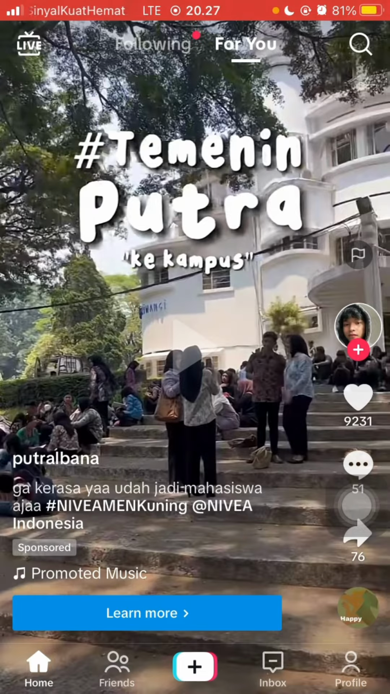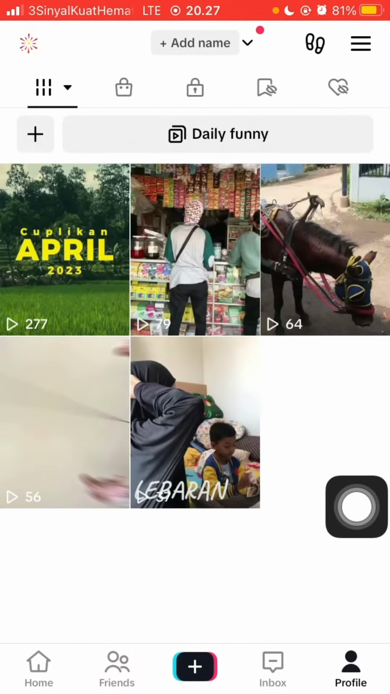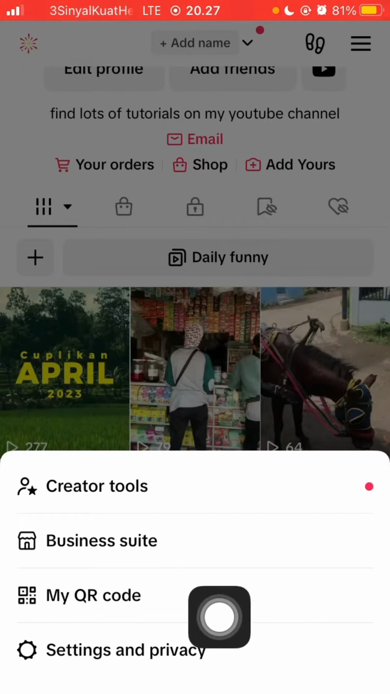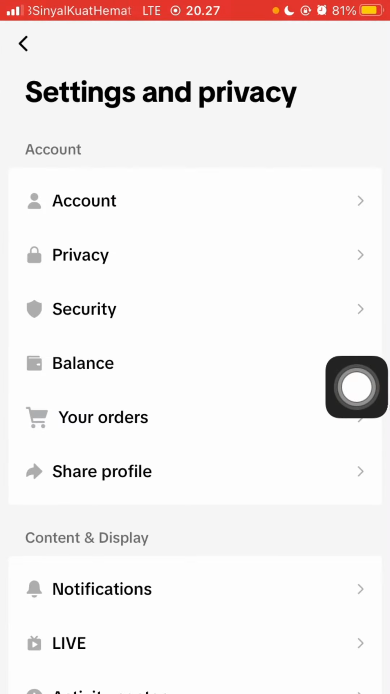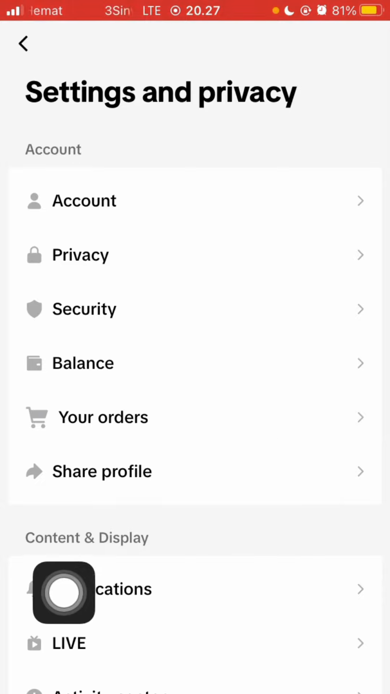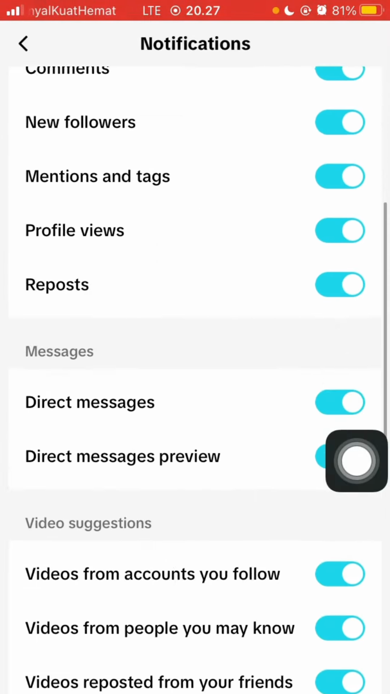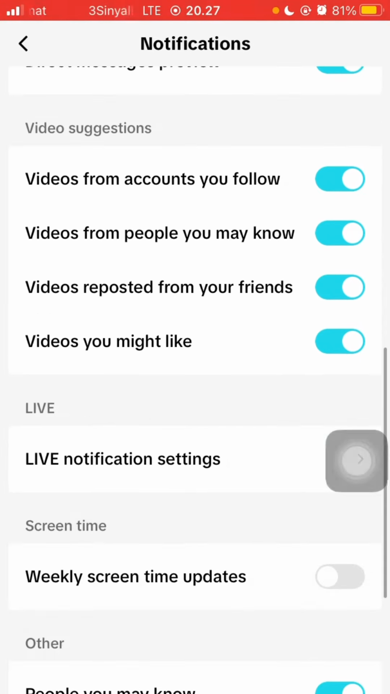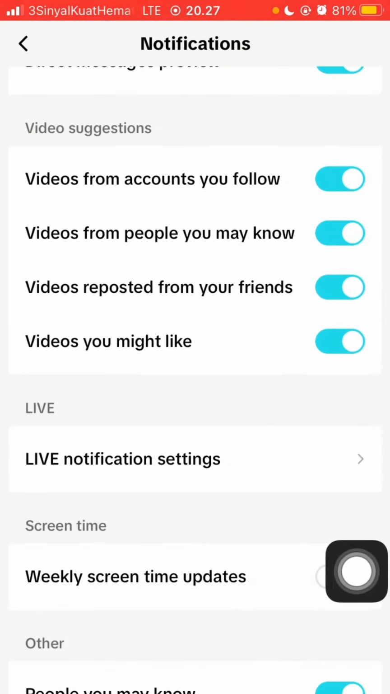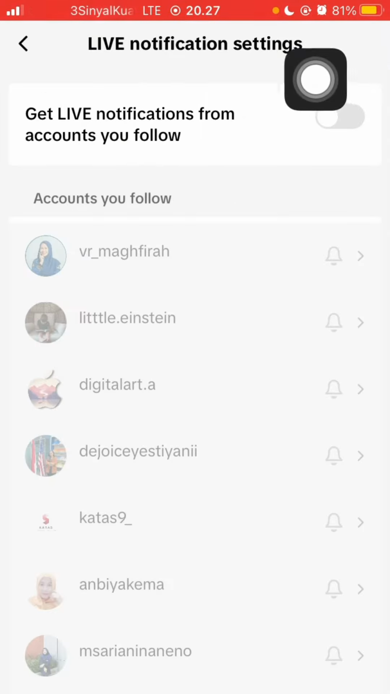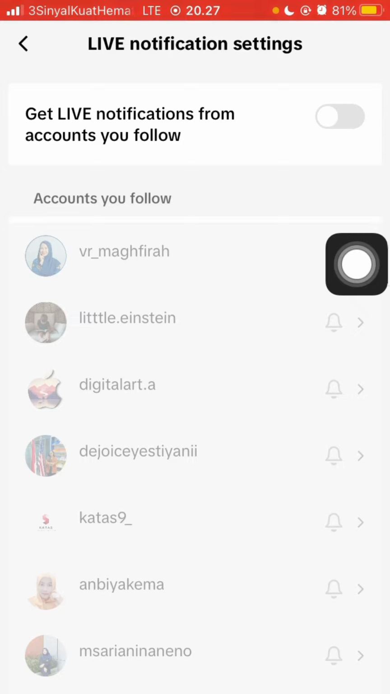you don't miss it. Go to your profile and then select the three lines in the top right corner, and then select Settings and privacy. So here you can select Notifications, scroll down until you find the live notification settings. Just click on it and make sure to turn on the get live notifications from accounts you follow,